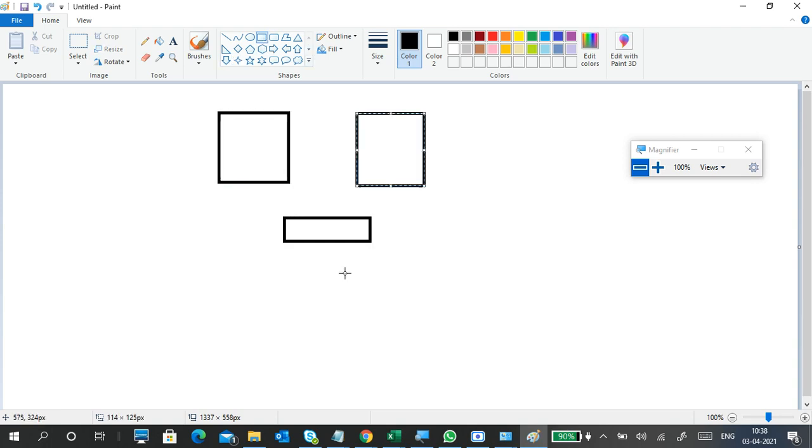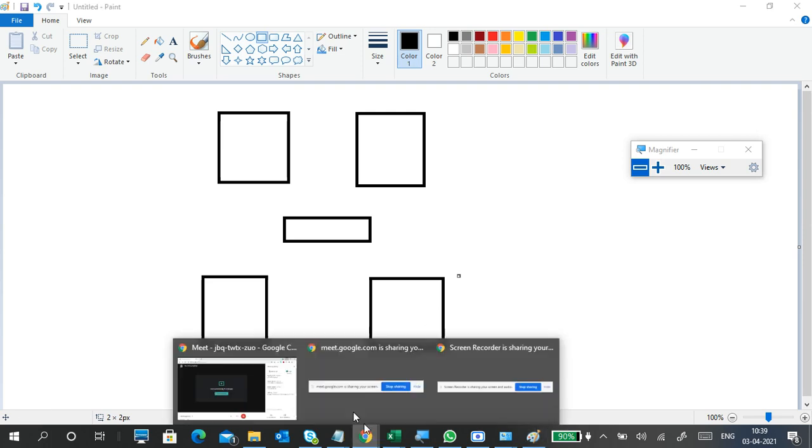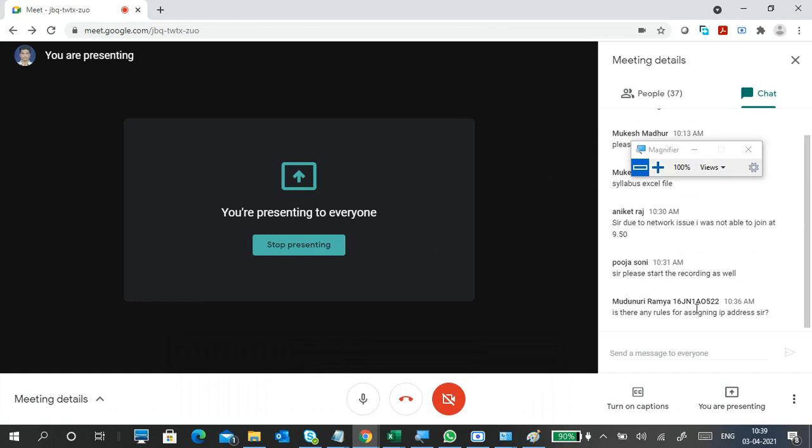One more question: as Ajinkya said, we assign the same IP address, or we assign the IP address manually to the computers. So is it like only the router has the IP address, and the router holds the NIC card number, and only the router has an IP address? I think is it so? Okay. I will tell that story. So someone asked one more question: are there any rules for assigning an IP address?